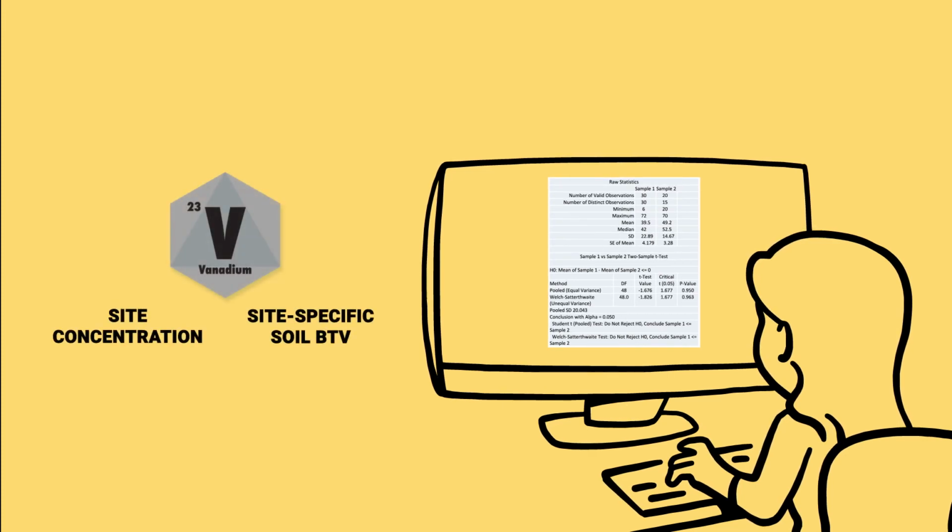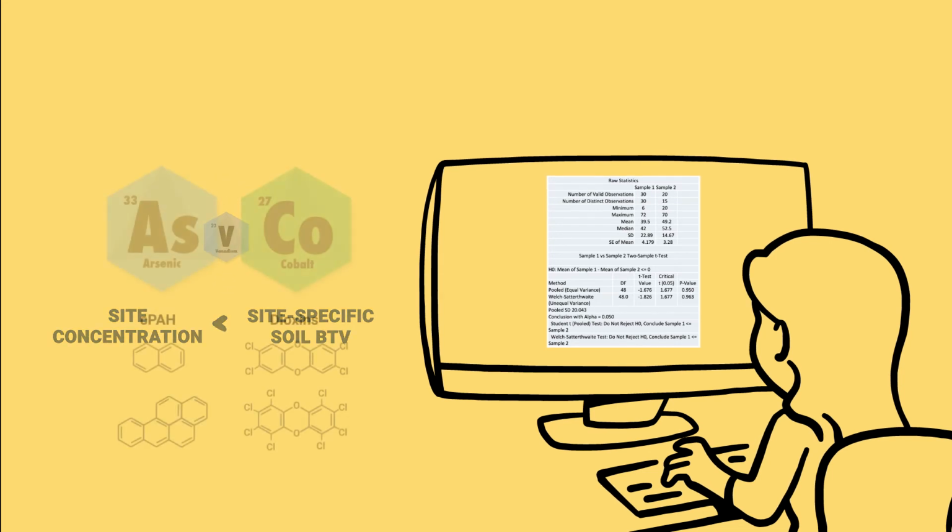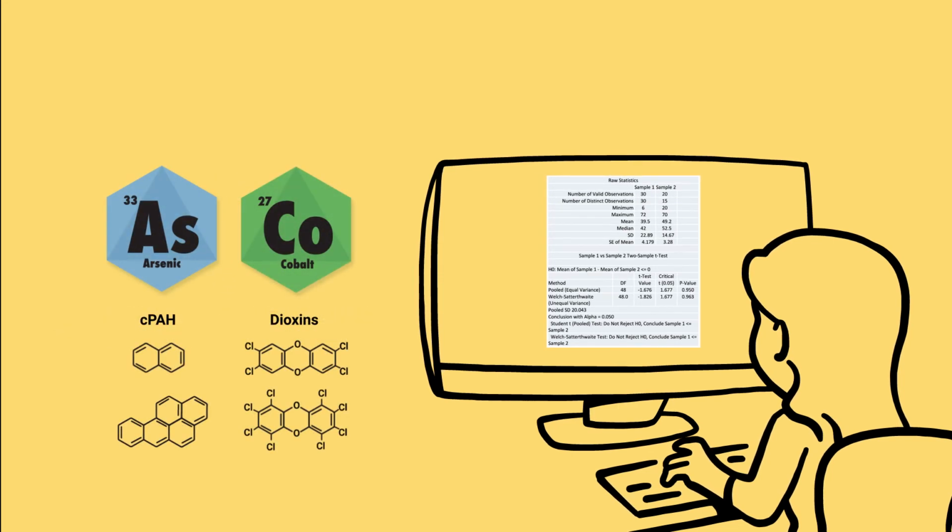As you can see, the maximum concentration of vanadium at the site is lower than the BTV value. The Student's t-test suggests that vanadium at the site is considered to represent site-specific background levels. Therefore, it does not get carried forward in the risk assessment. Arsenic, cobalt, CPAHs, and dioxins get carried forward into the next step of the process, which is the geochemical and